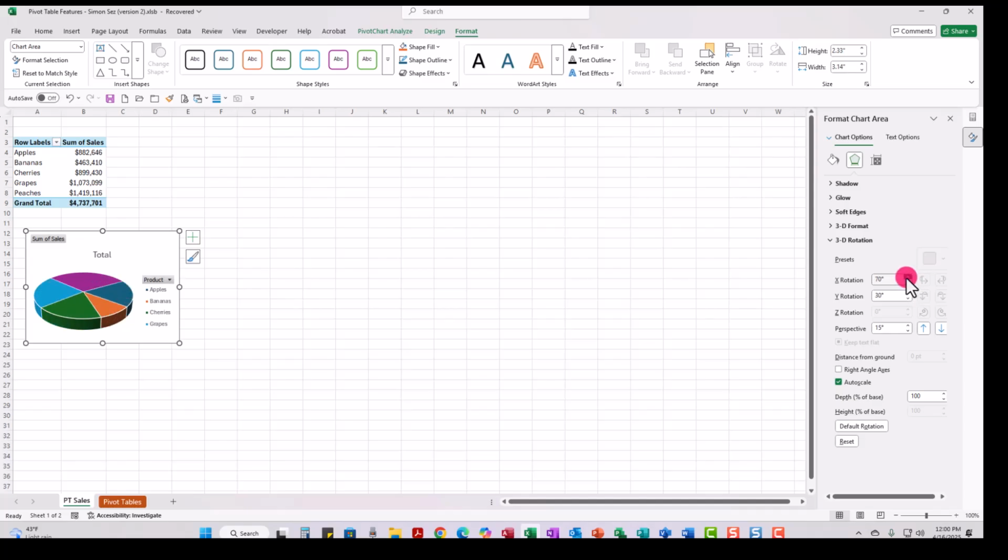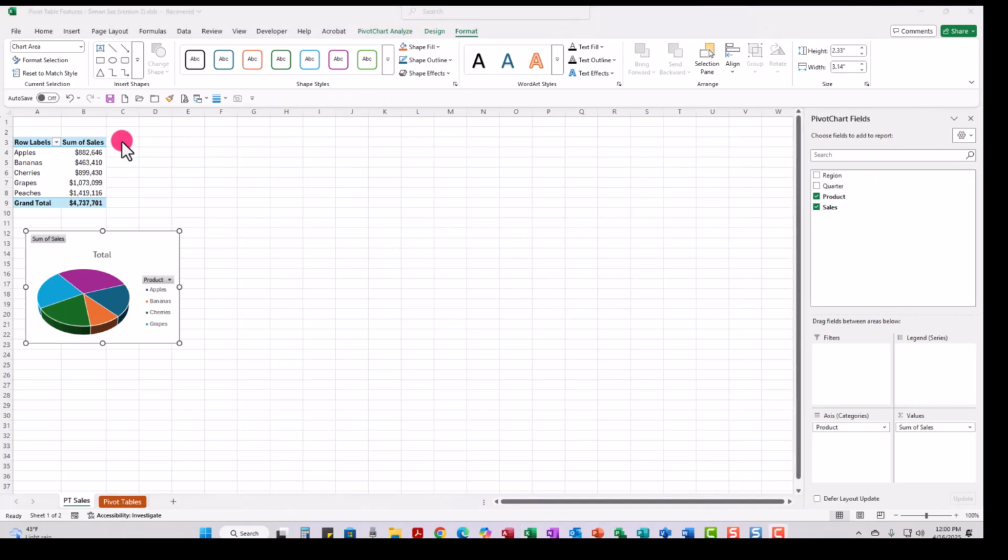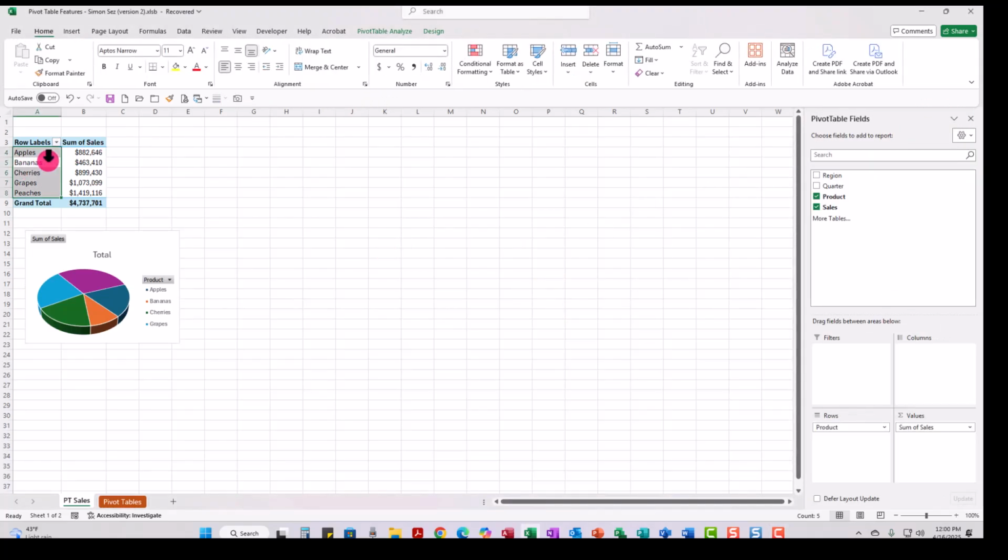Look at that. Pretty cool. You can only do that on 3D graphs, not two-dimensional graphs. Okay, now, the next thing I'm going to do is I'm just going to copy and paste this pivot table